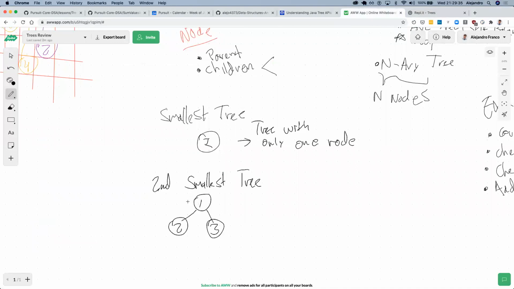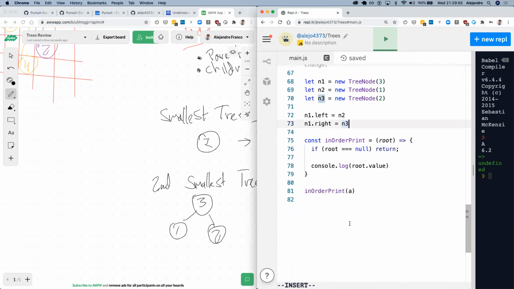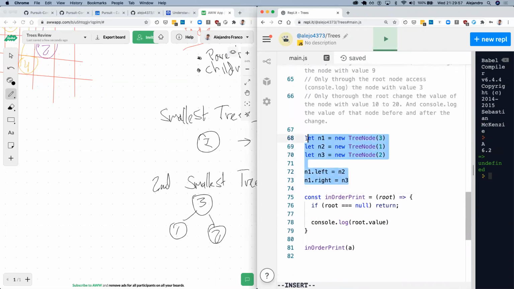Let me erase that. It is a tree that has 3 there, 1 here, and 2 here. That is the tree that I created with this.